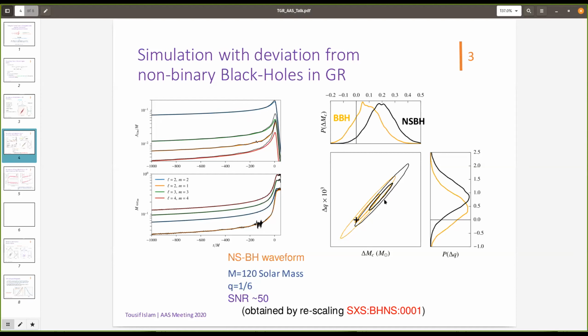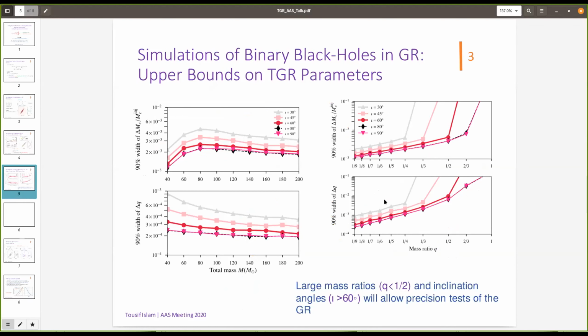And finally, we did a study on the uncertainties of the deviation parameters del Q and del MC for different total masses, different mass ratios, and different inclination angles, ranging from inclination angle 30 to 90, mass ratio 1 to 9, and total mass 40 to 200. And what we have found is that for large mass ratios, that is Q less than 1/2, and high inclination angles, that is iota greater than 60 degrees,